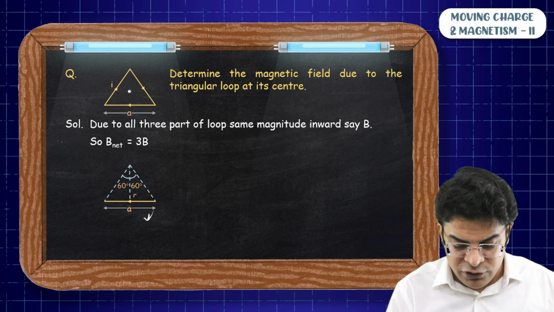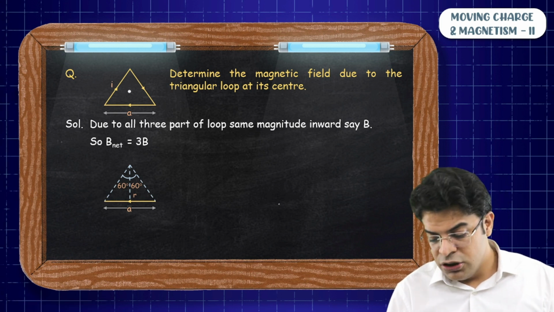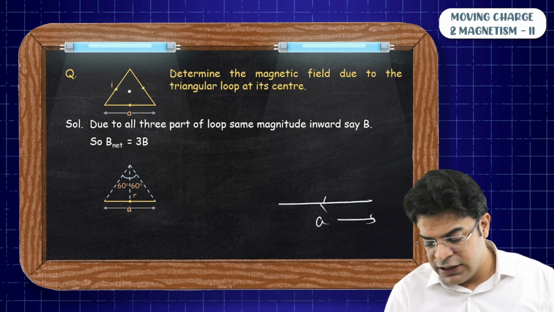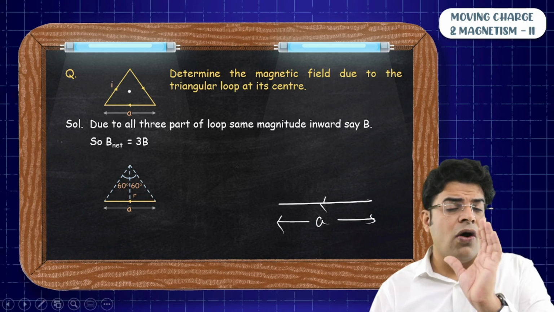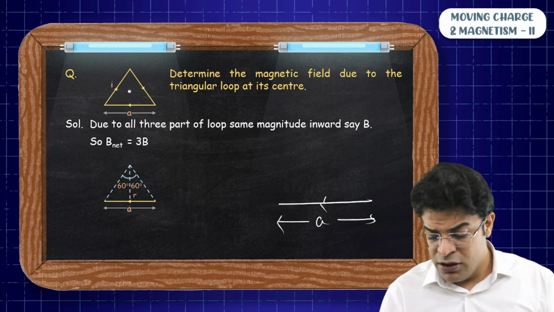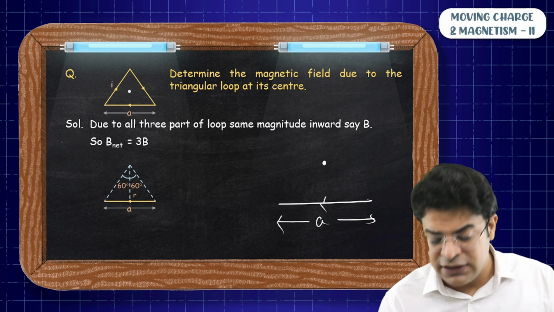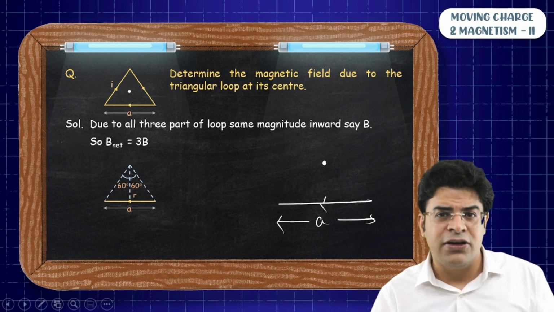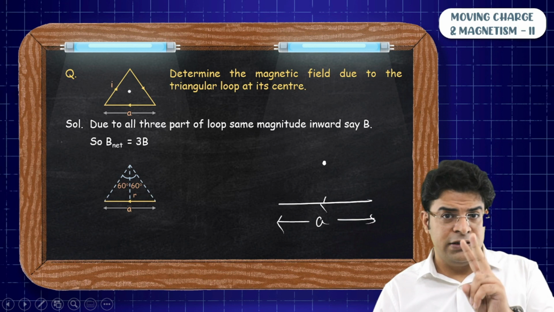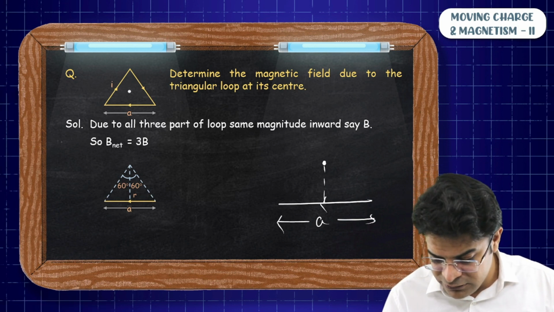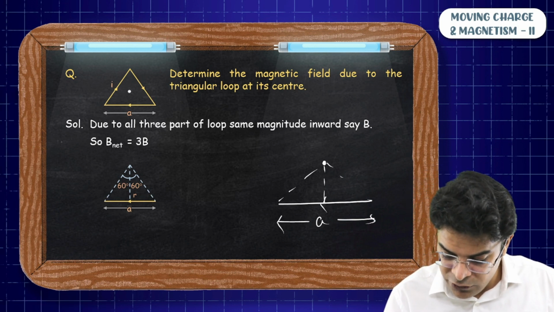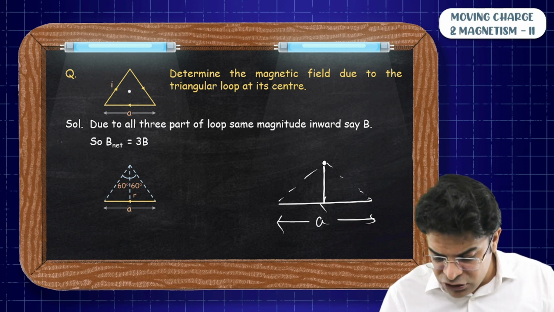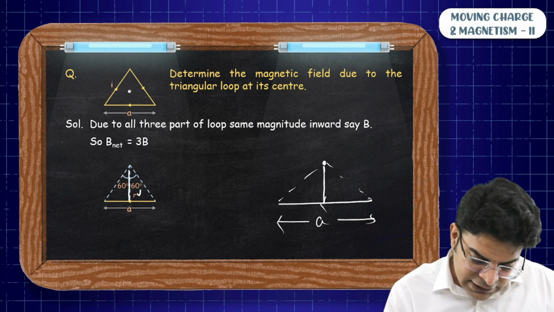Let's say I am visualizing the lowest one. So this lowest one has a length A. We are not at all interested in the length of the wire. We are interested in finding the strength of magnetic field due to this wire at the center. And to find it, we need two things: the shortest distance and the angles, right? So can we find this shortest distance? Let's say this shortest distance is R.